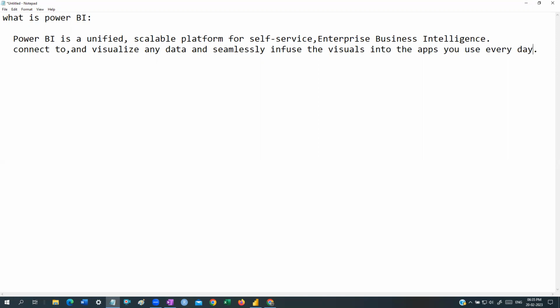You can use it for self-service, that means for your own purpose, or to share with enterprise business intelligence. You can connect and visualize any data, and those visuals can be easily integrated into the apps you use every day. That is the definition of Power BI.